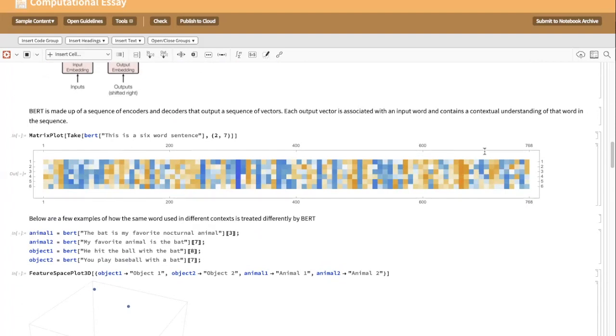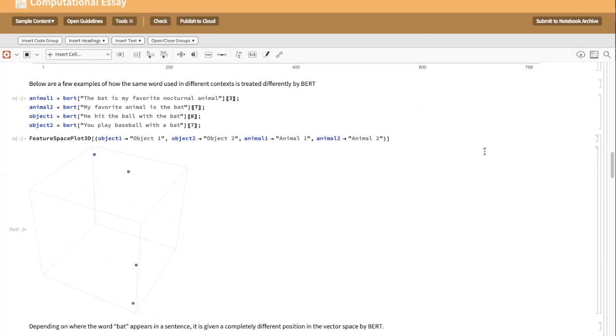This is color-coded, so I'm assuming that smaller numbers have a certain kind of color and larger numbers have a darker color. Right? It's much easier on the eye than just a bunch of numbers, where it's hard to get the meaning. But we see here that each vector is different. No two vectors here are similar, and that makes sense since each word has a completely different meaning. Yeah, that makes sense. It's kind of like a 768 dimensional vector. Yes. And then you're putting it into 3 space, right? With that 3D plot. Yeah, this is just a representation.